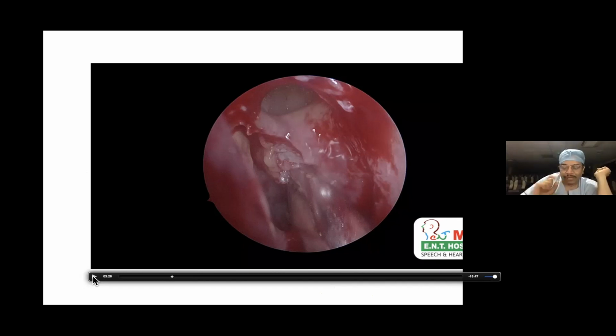And I remove the bone also with the blade only. At the end of the surgery, the blade will not be useful, but I'm happy. The reason is, if you try to remove the bone pieces with Blakesley, in fact, if you see, I haven't used the Blakesley at all. I use Blakesley only to remove the loose bone pieces in the sinus cavity.